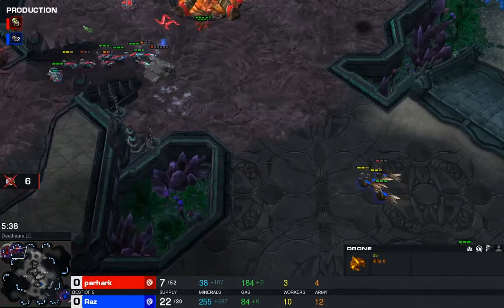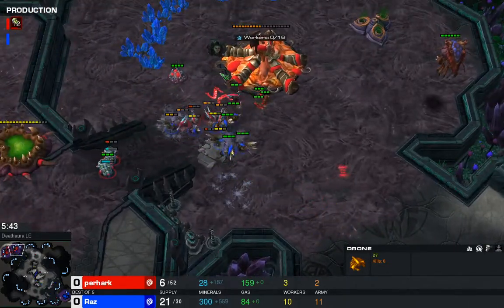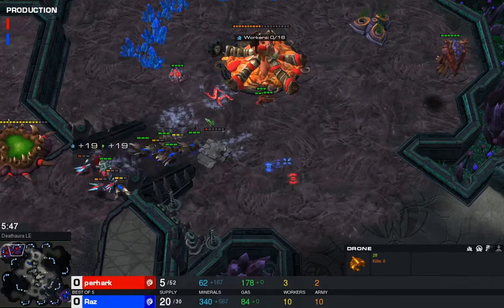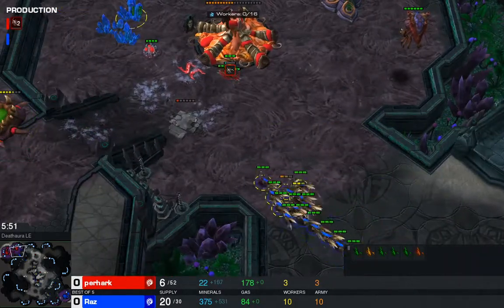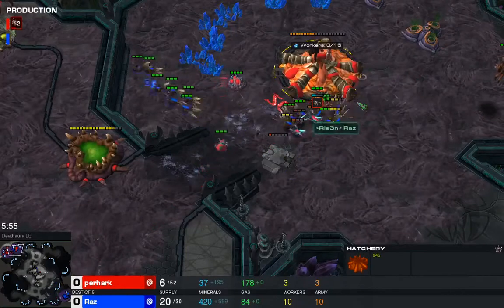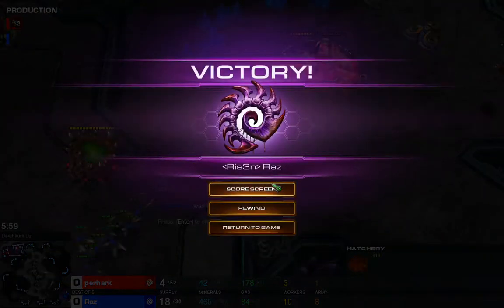He's going to trade out, but again, every mineral that gets spent here on a Baneling is important for Perhark, who can't really afford these trades. Ooh, you need to be careful of that Baneling, though, my friend. And I like how Raz is playing this. He knows he's got the money advantage. He can afford to just keep trading all day long unless he takes a huge Baneling hit. GG is called. Perhark is going to tap out, and Raz is going to take...